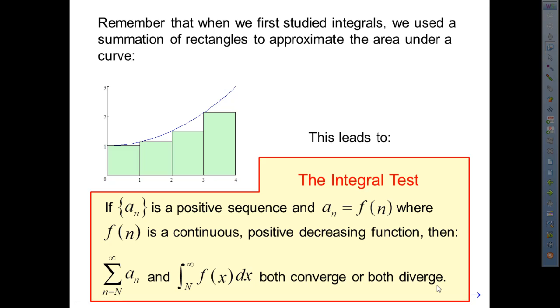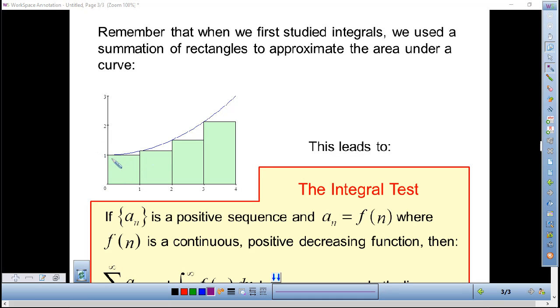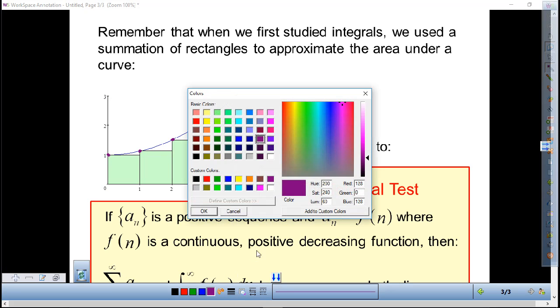Now, what this means is this. A sub n, remember, is a sequence. When we find the series, we're just adding them up. So what we're doing here, instead of the rectangle, we would simply have this value, and this value, and this value, and that value, and this value, and those would be the only things on here. We would actually not even have